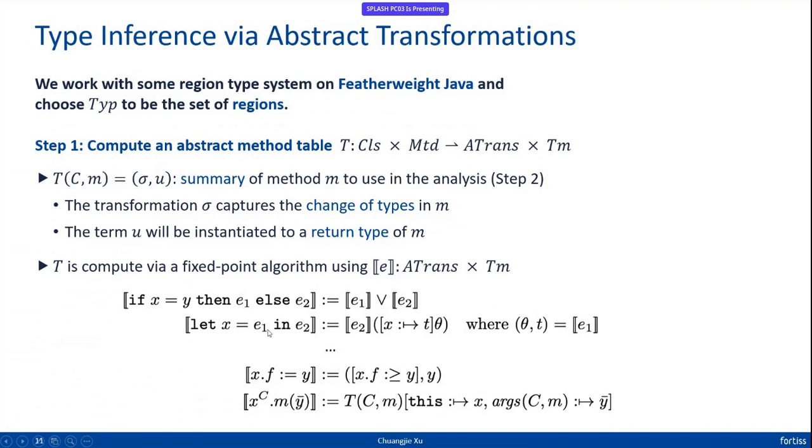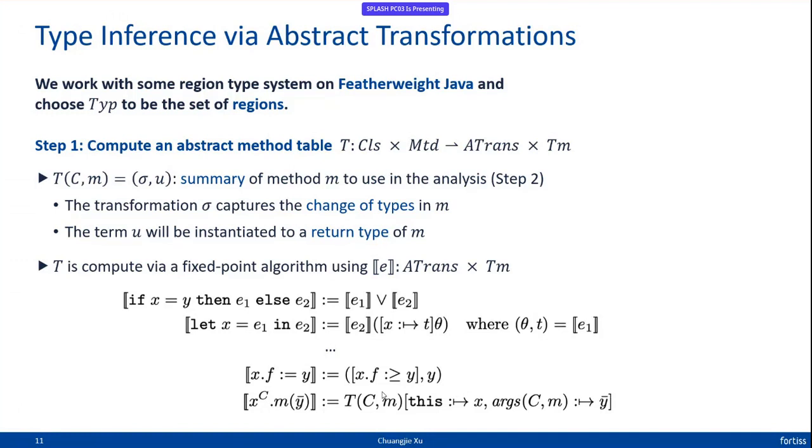If we have a sequencing statement, then we compute the transformation for the two statements and then compose them. For variable assignment, we use an equality constraint, and for field assignment, we use a subtyping constraint. And for method calls, we simply use the T that we computed in the previous round of the fixed point algorithm. In this way, we compute a table, and this table summarizes